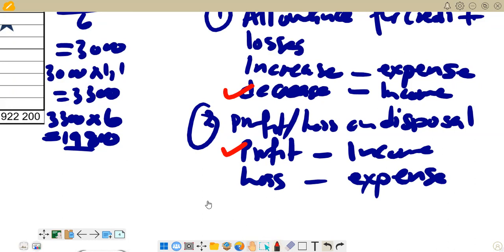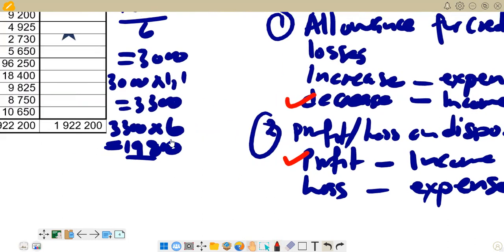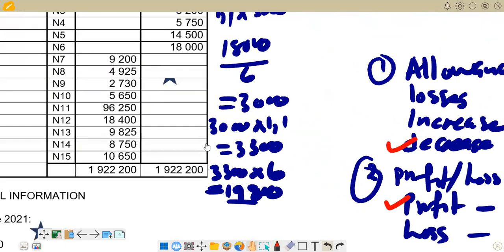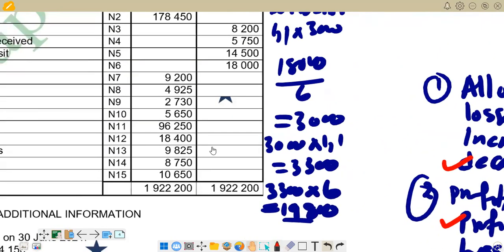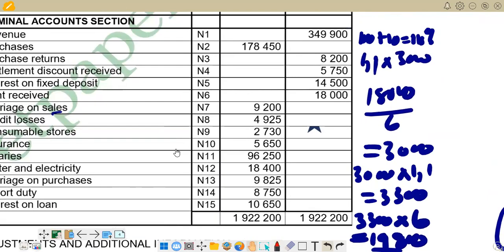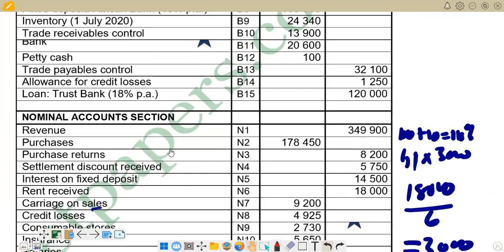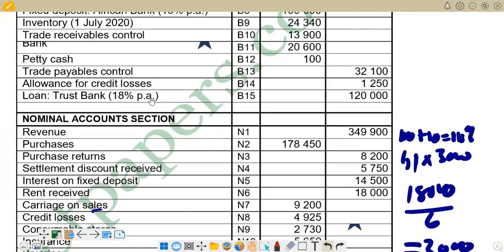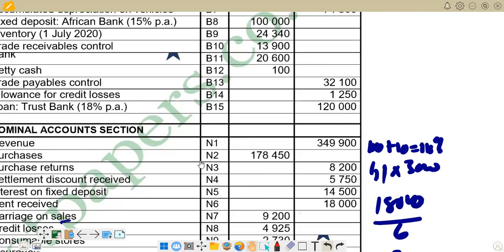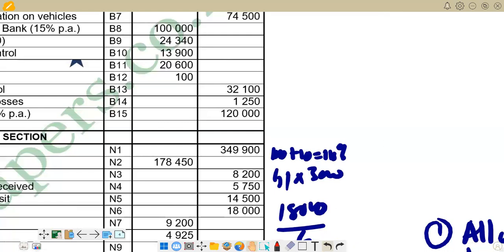So already we have got an allowance that we are given there for credit losses. If you check in the question, the list of balances is there. We have got an allowance for credit losses, which is 1,250. So this figure, we are going to compare it with the figure that we are going to calculate for this period. And to calculate that amount for credit loss for this period,